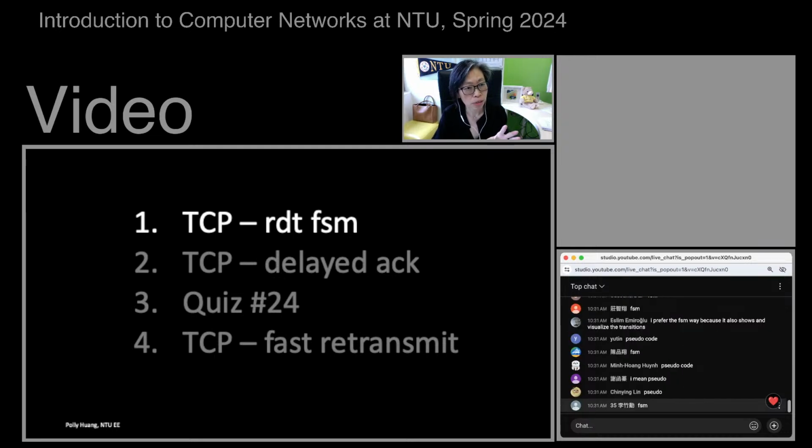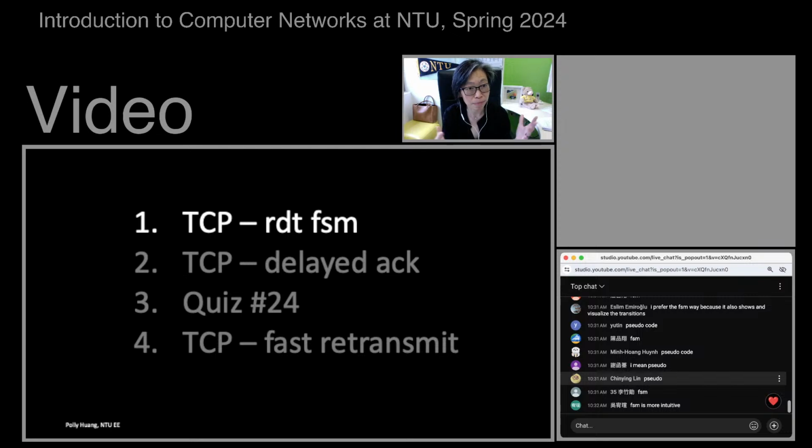So you see, one mechanism, you can describe it in different ways. And a lot of times, being an engineer, you also need to know how to communicate to each other. If your customer prefers pseudocode, then you present pseudocode. If your customer prefers FSM diagrams, you present FSM. All right, so that's the TCP sender side finite state machine, or TCP sender side mechanism.